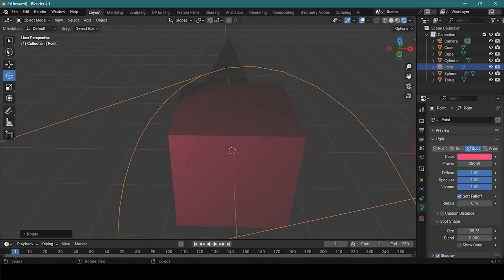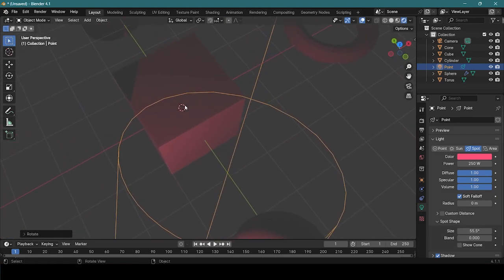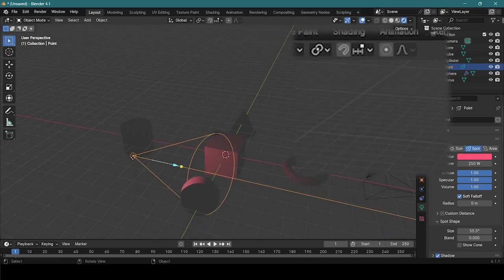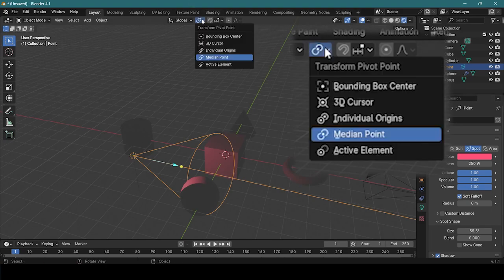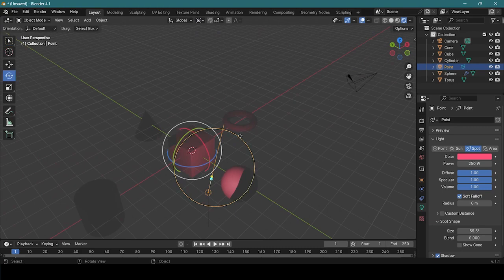You can manipulate it by clicking on this tool and then clicking anywhere on the world that you want it as the center. But for this case, I'm fine with that. It usually is at the 0, 0, or the center, median, ano ba yung term na gusto niyo. So let's click on our light again. And let's click on 3D cursor. Now, if you will rotate it,